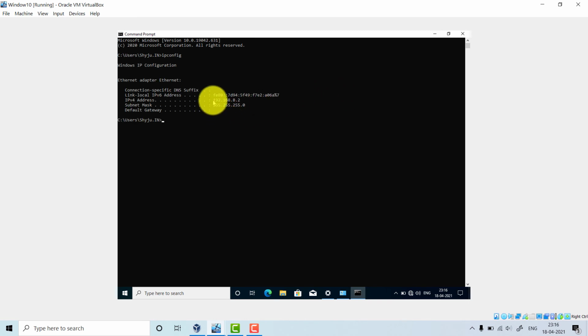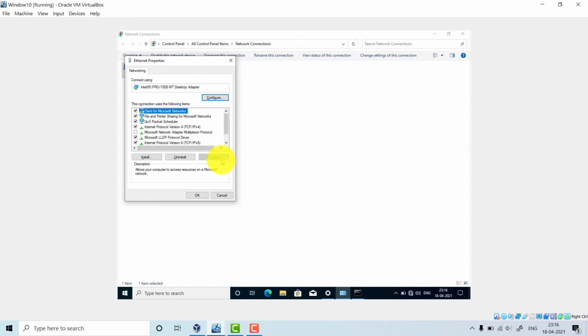See students, 8.2 IP is assigned to it. Okay, and this is done automatically. As I told you before, 8.2 was there, but what happens actually, the DHCP server will check what the IP was before. It was 8.2, so it will try to assign 8.2 again. If it cannot give that IP, then it will give 8.4 or any other IP. Okay, so here we are having IP 8.2.